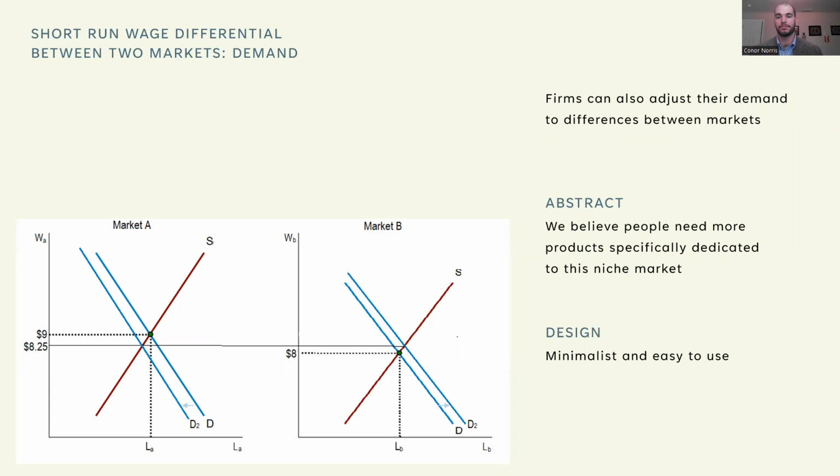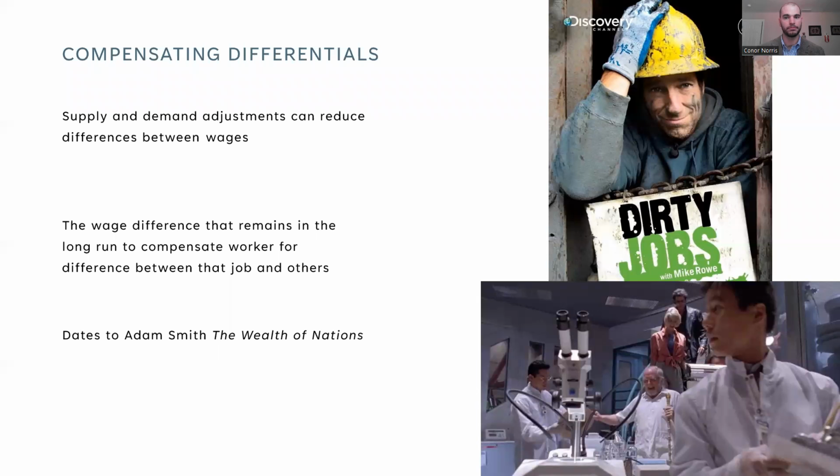So because of that, we don't expect adjustments in demand to eliminate the disparities in wages between market A and market B. If it's something like we're looking at two nearby labor markets, so their areas are really close together with slightly different costs of living, we can see the changes in demand eliminate the difference between the wages. But we will see, in general, we will see some movement in this direction. Okay, so although